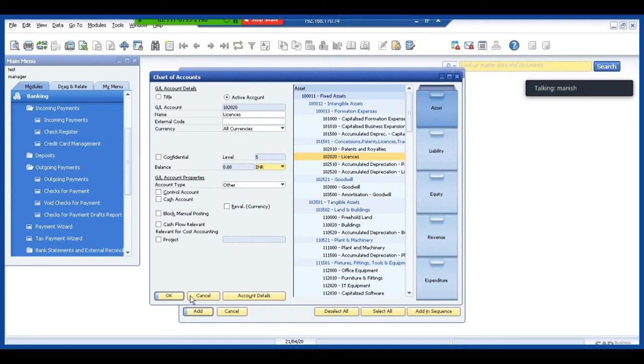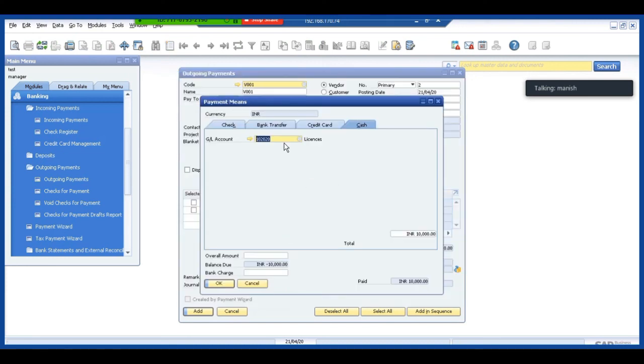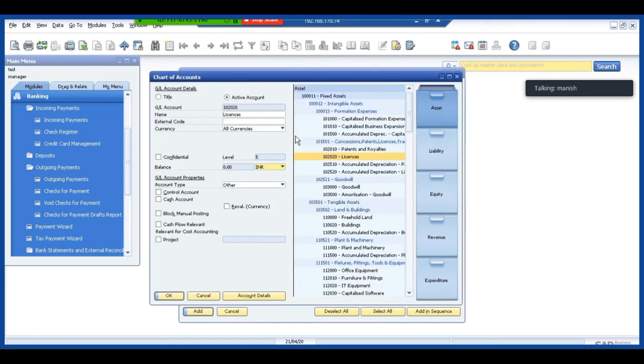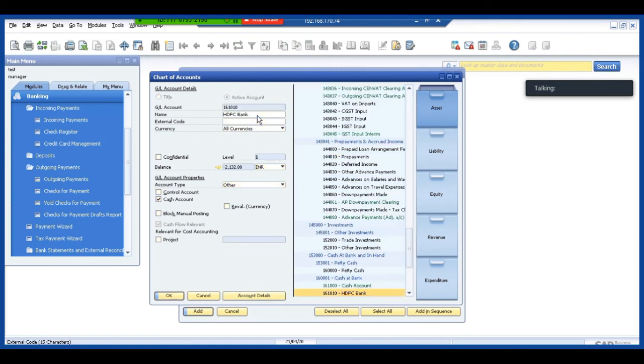I'll have to define this particular account. Let me just define this account, a bank account. Let me take any of the bank accounts as HDFC bank account. I'll put it as a cash account.